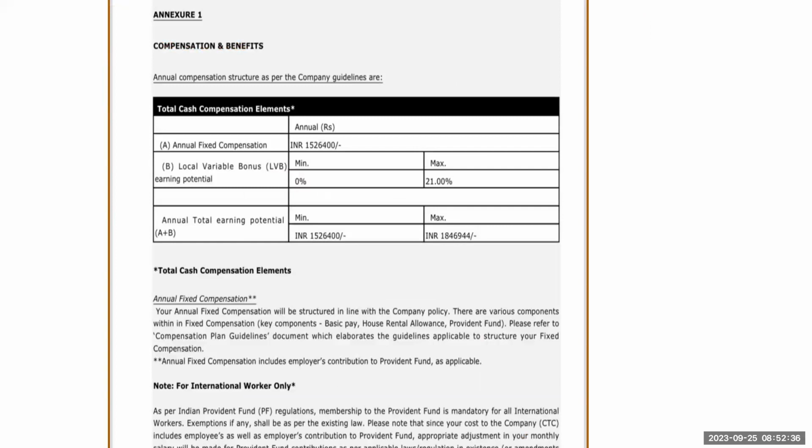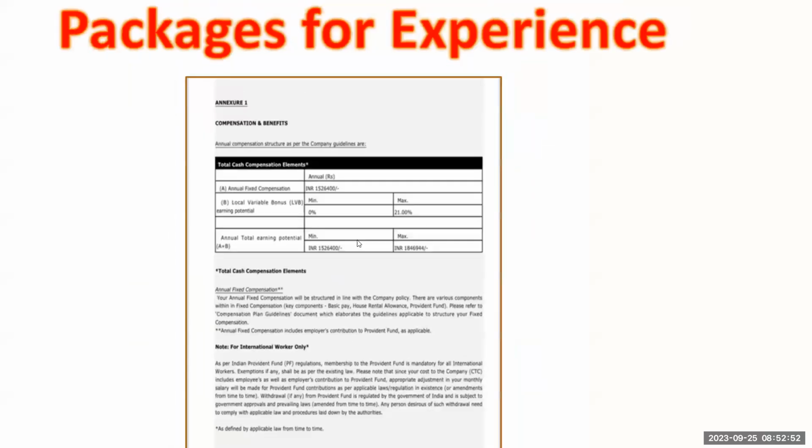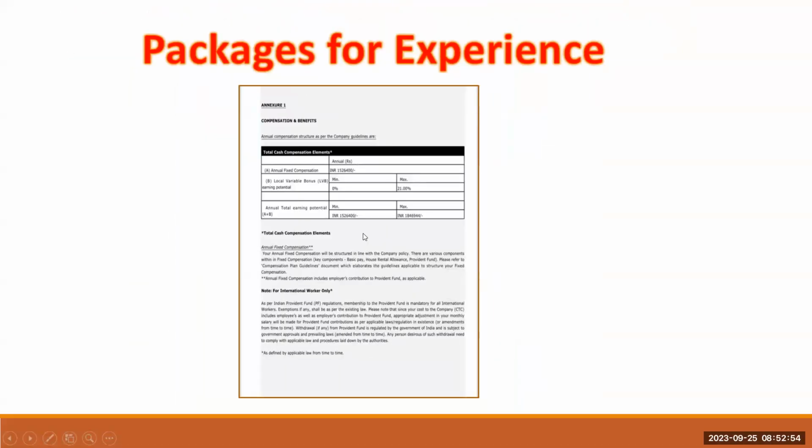18,46,940 rupees. That means if you keep the same 4 years, you can't expect this. And she got some joining bonus as well, around 2.5 lakh or something. Maybe you'll get more than this. Maybe 20 lakhs you will get, or only 10 lakhs, 12 lakhs, depending upon your current CTC, depending upon the company, depending upon your interview performance. Clear? So many factors will be there to get more packages.